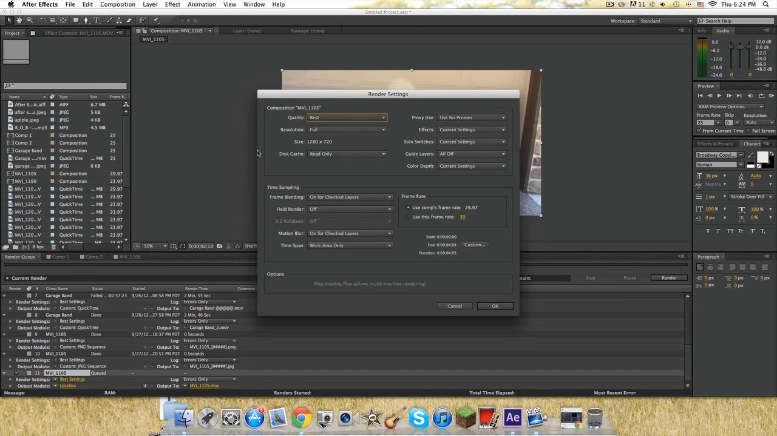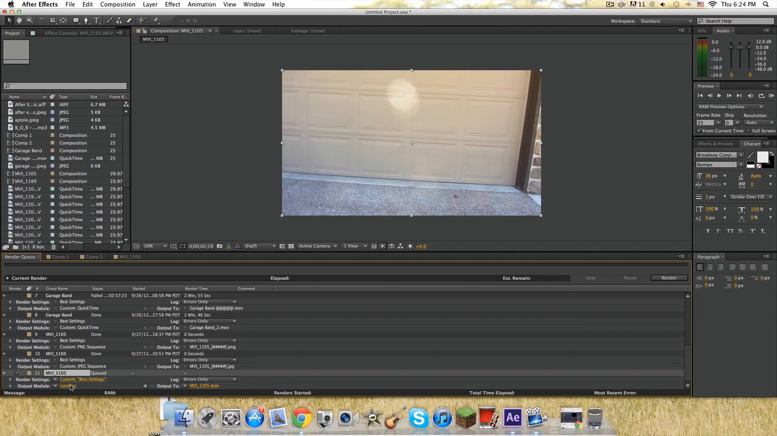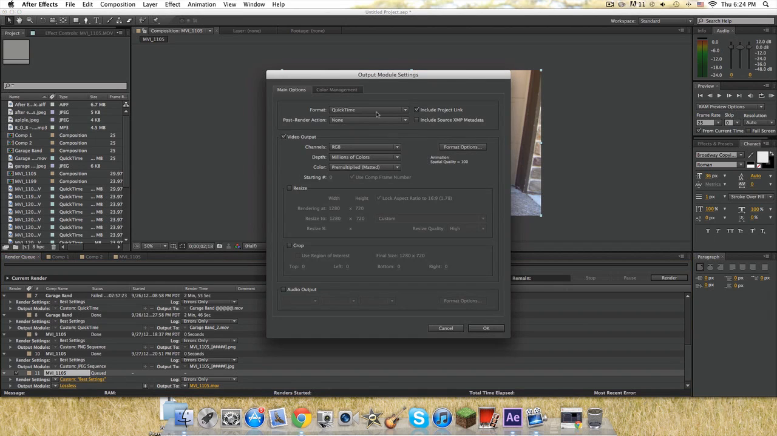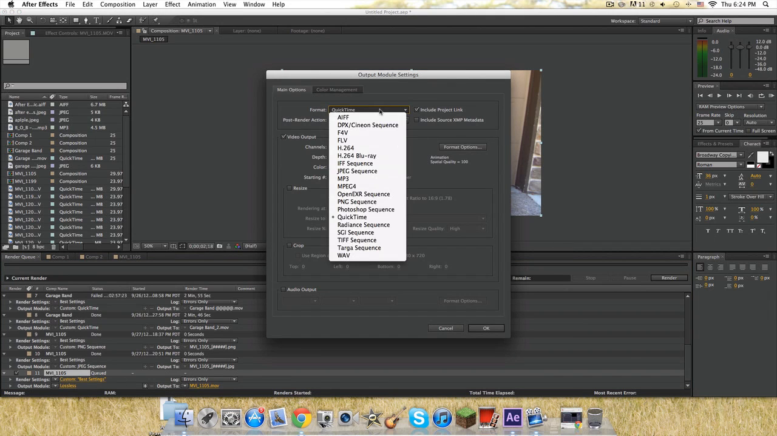Render settings don't really matter. I put my quality to the best, resolution full, and mostly that, yes. So it doesn't really matter what kind of render settings you have. That's kind of a different thing. But lossless does count. So basically what you're doing is there's all these settings on which you would like to